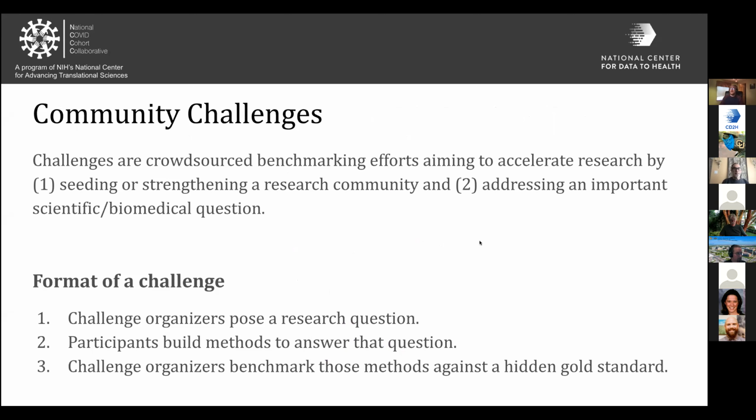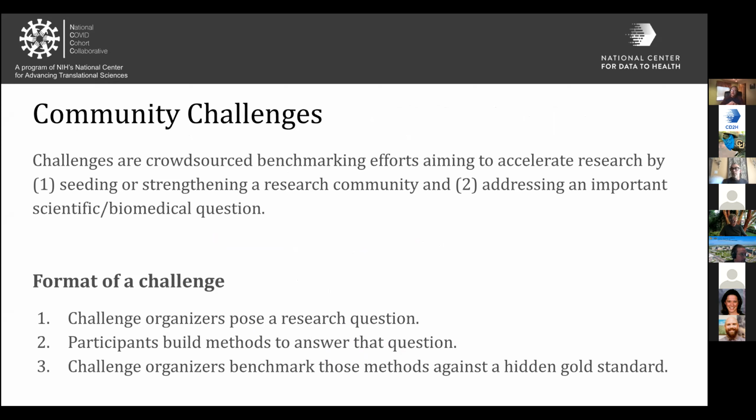So first off, community challenges are crowdsourced benchmarking efforts that aim to accelerate research by creating new communities around certain research questions, specifically driving at trying to address important scientific questions.